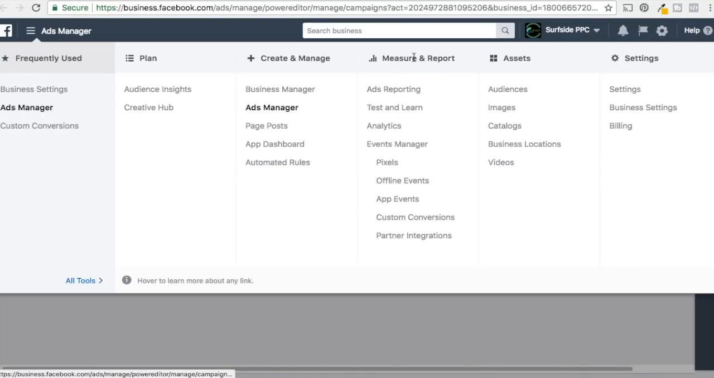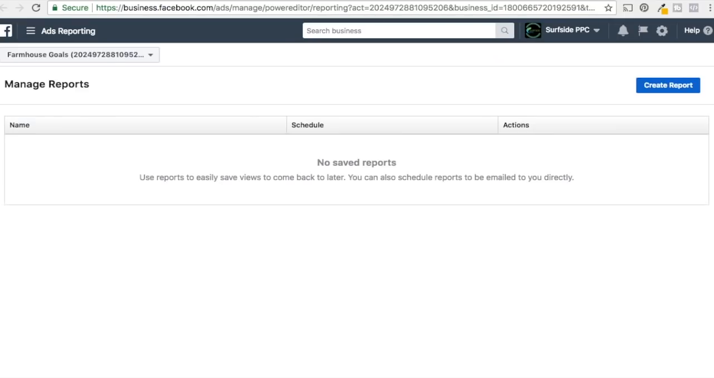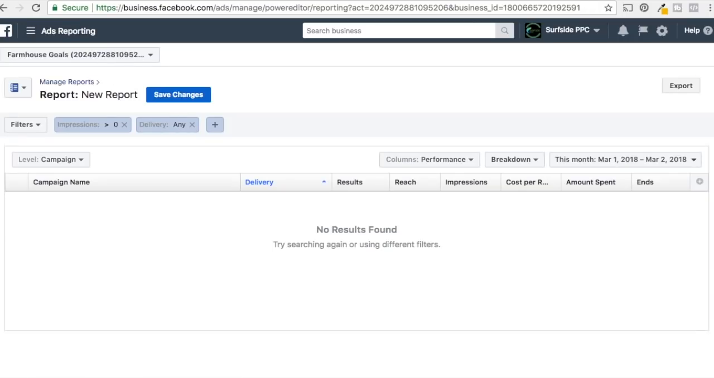All right, so next is ads reporting. So if you come down here, come up to measure and report, so ads reporting, I'm going to go through that and test and learn at the same time. With ads reporting, it's very similar to Google AdWords reporting. So you click on create report, and you can adjust your filters. So say any campaign where the impressions is greater than a certain amount,